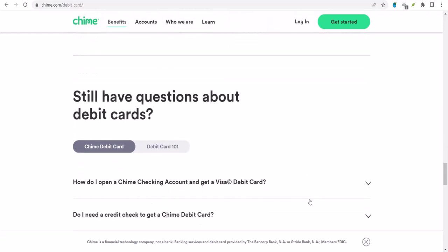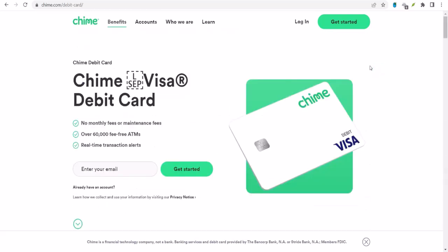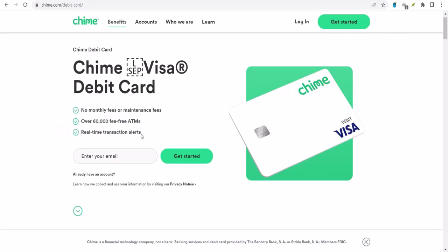Chime's approach of starting low and gradually increasing limits is actually a smart move. It helps you develop responsible spending habits and avoid getting into financial trouble. Remember, your credit limit is just a number. It's how you use that credit that truly matters. Use it wisely, pay your bills on time, and you'll be well on your way to building a